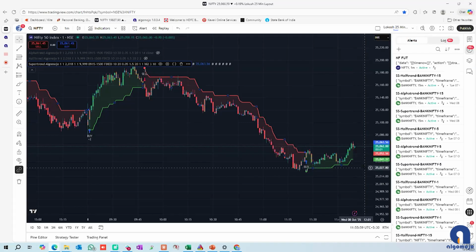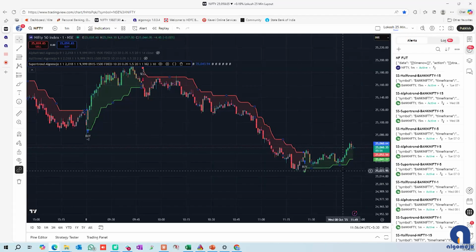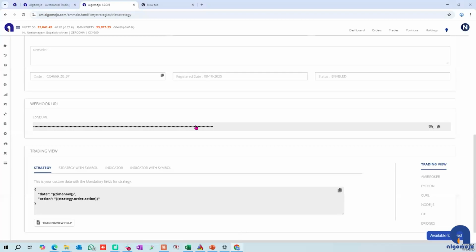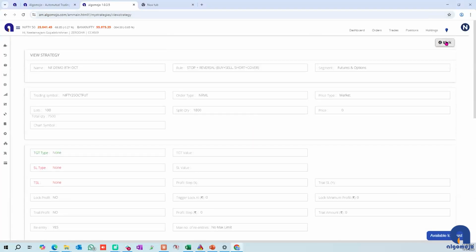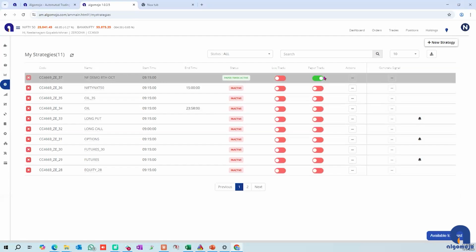But if you want to get into this trade in between, because the buy is already given and you want to take this trade, the method to do that would be to go to Algomojo here and against the strategy that you have created. This is for paper trade. You can generate a signal to buy from here itself. So if you want to take a trade and then after that leave it to the APIs to handle your trades, please do it from here and not from your mobile or from the broker web page directly,